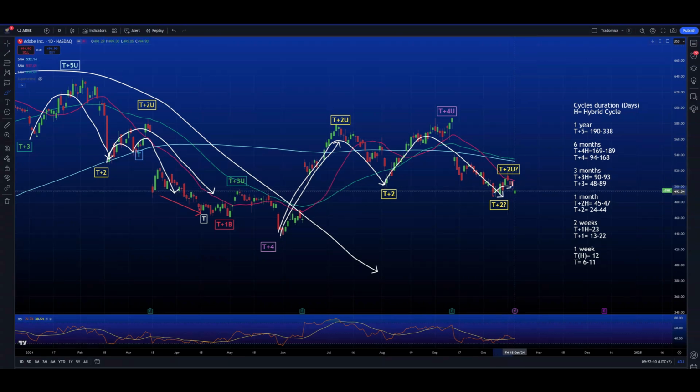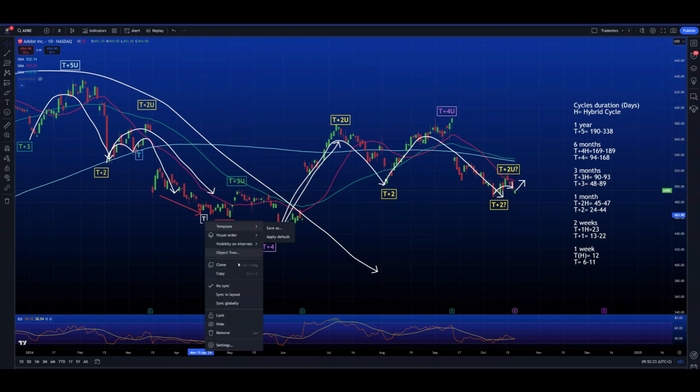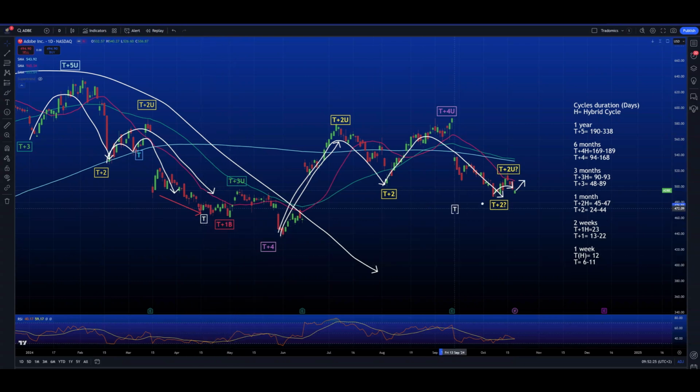So given that we have 9 bars, we will need to watch carefully next week whether we will have an impulse to the upside to begin a new weekly cycle,